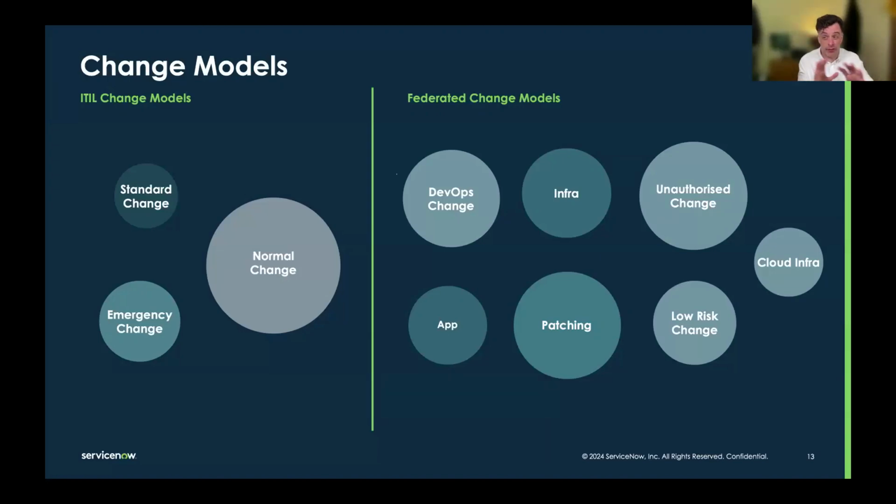But actually, for the first few groups of models, when you go out to the organization, they already know what they want to see, right? DevOps, site reliability engineering, patching, network changes. They're all kind of already like, yes, we want to do that. That works for us. And that's what we're seeing with customers. So that's the real life example I can give you.